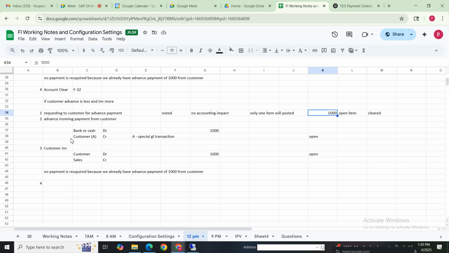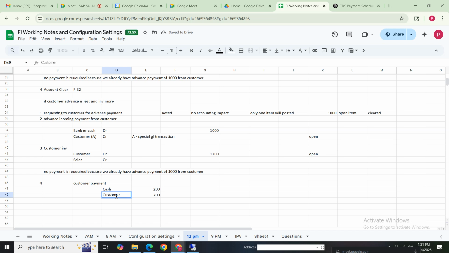If your advance payment is 1000 and your invoice is some 1200, then we have to make a customer payment. Here it is 200, only the remaining amount. So here again cash account to customer account.